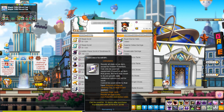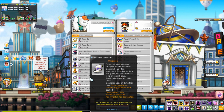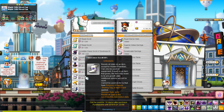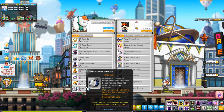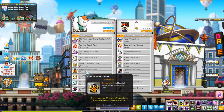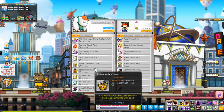You find this sometimes from elite bosses and whatnot, but you can also get them from the auction house. I may say that you do not want to go for these just because you can get them with Meso. But Beapot Scroll, that's also something you can go for. And Special Medal of Honor you can get as well, but I don't think Honor experience is really that high on your priority list, so you shouldn't have to worry about that too much either, but if you have extra